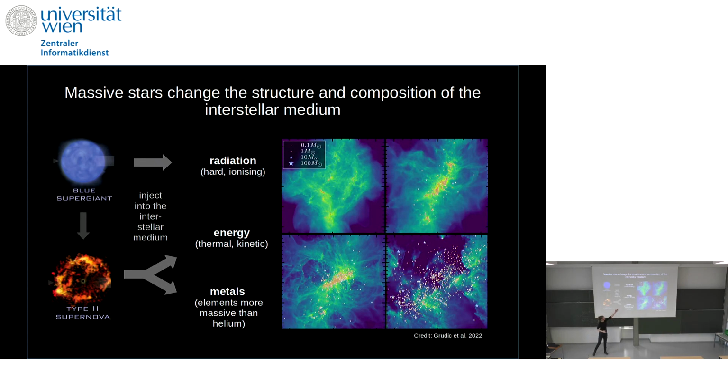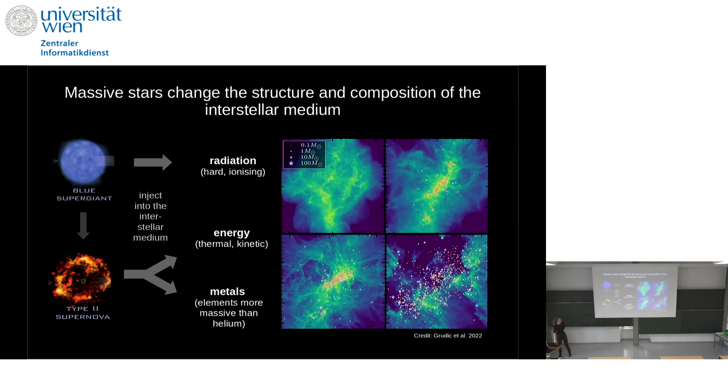And here on the right-hand side, you can also see how it changes. When you form the first stars, it's still okay. Then you start having this radiation, already clearing a little bit of the gas out. At some stage, the supernova explodes, and then there is not much gas left around the stars. So once a supernova has exploded in a region, you won't form many stars there anymore. You might form stars at the edges of the shock waves the supernova creates, because there the gas is more compressed.